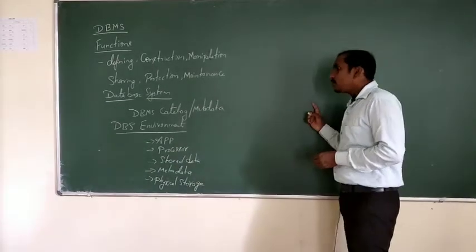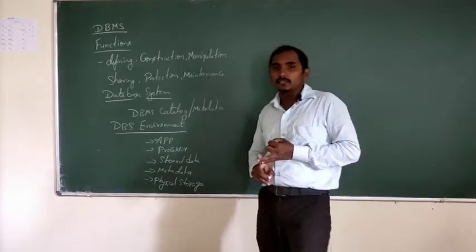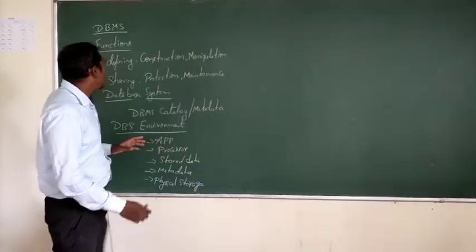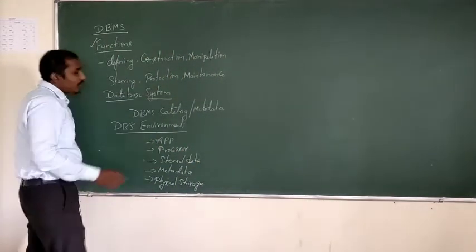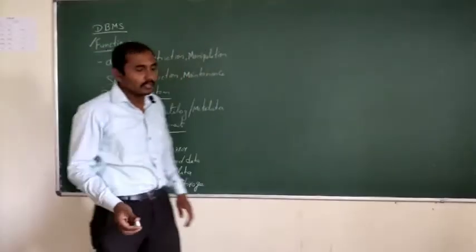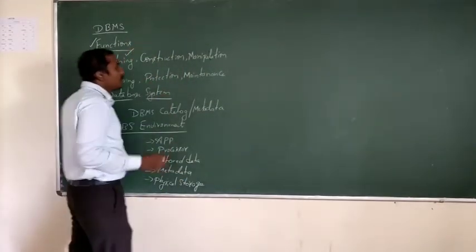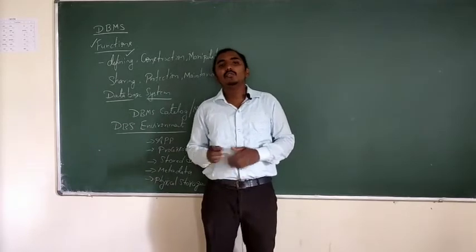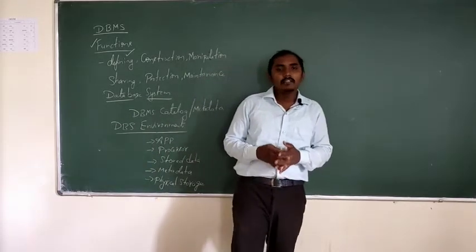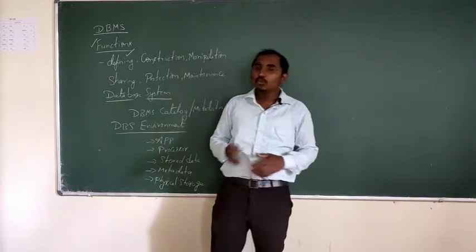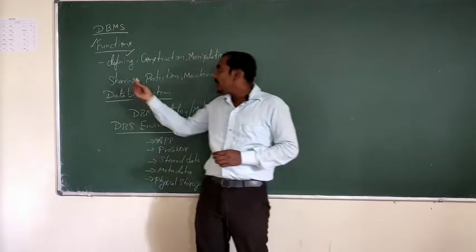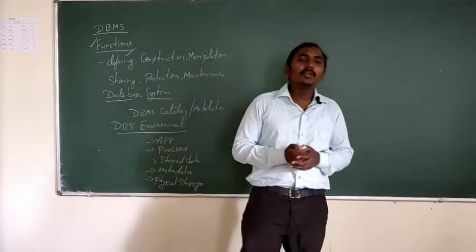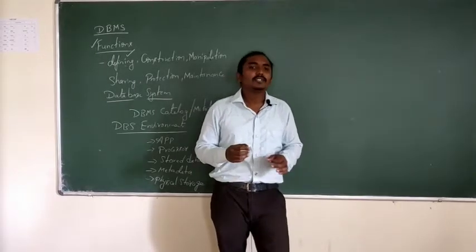Now like we have also discussed what is data and also discussed what is database, right? Now again DBMS is nothing but the software which is used to manage those data. Again, coming to the functions of that particular DBMS application or the software, first is defining. When I say defining, in the previous class I told you database will be used for storing real world objects, okay? That is, real world data can be stored with the help of database, right? But when I say defining, it is nothing but if I want to store the information about the real world object, I need to have the specific structure of it.